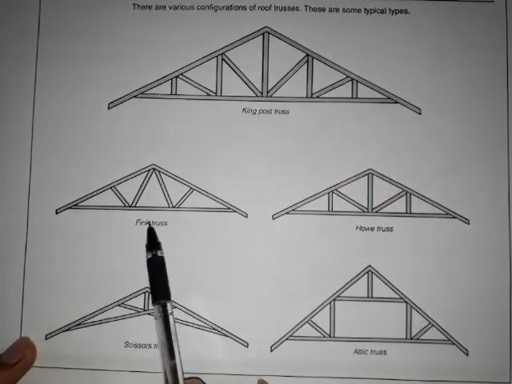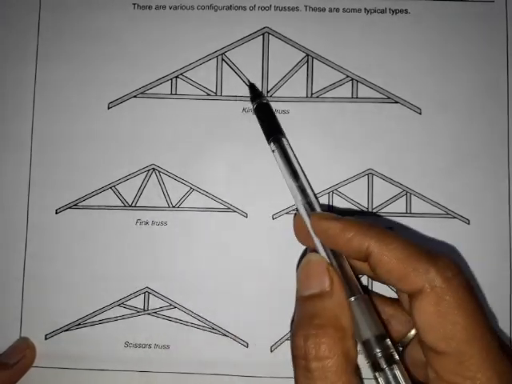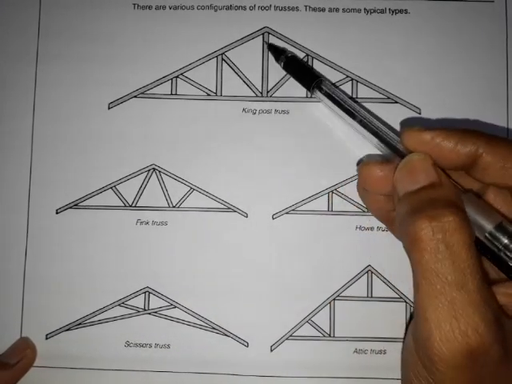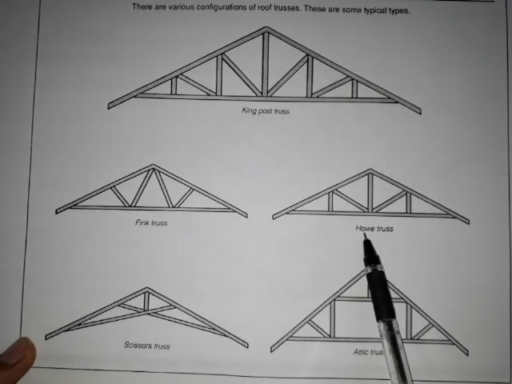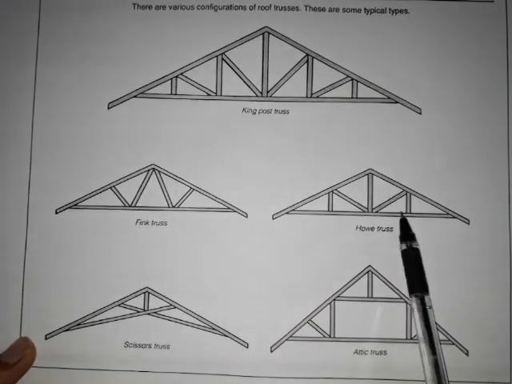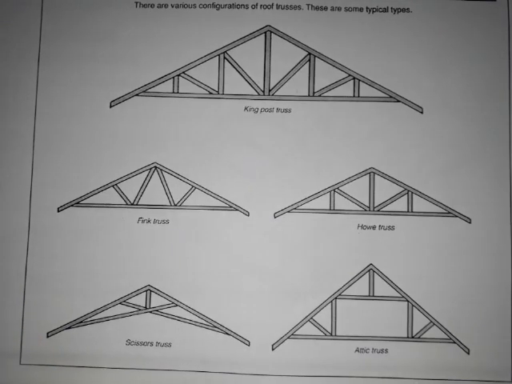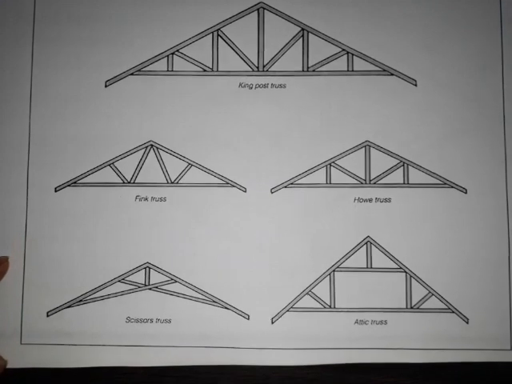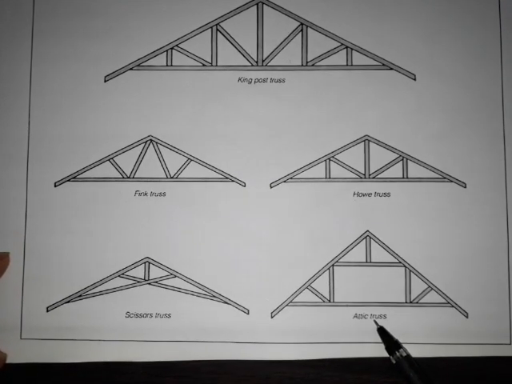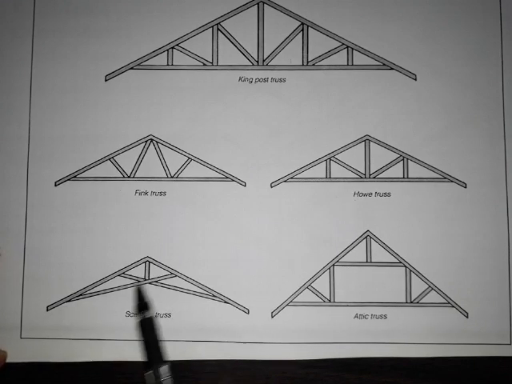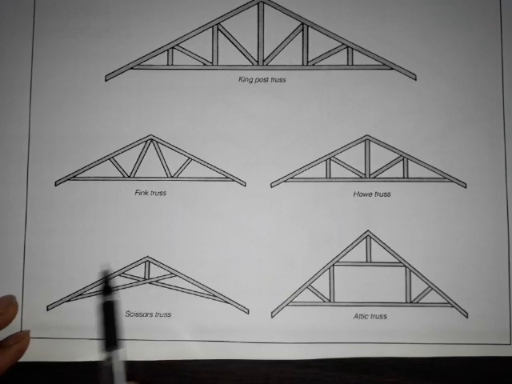Next we have the fin truss. This is similar to this, only we don't have the vertical member here. Again it is called the Howe truss, which is again similar to this. Generally the configurations are similar to each other, slightly different in the types of configurations. Then we have the attic truss, also called queen post, and this is called a seesaw truss. The joint, what you can see, looks like a seesaw.